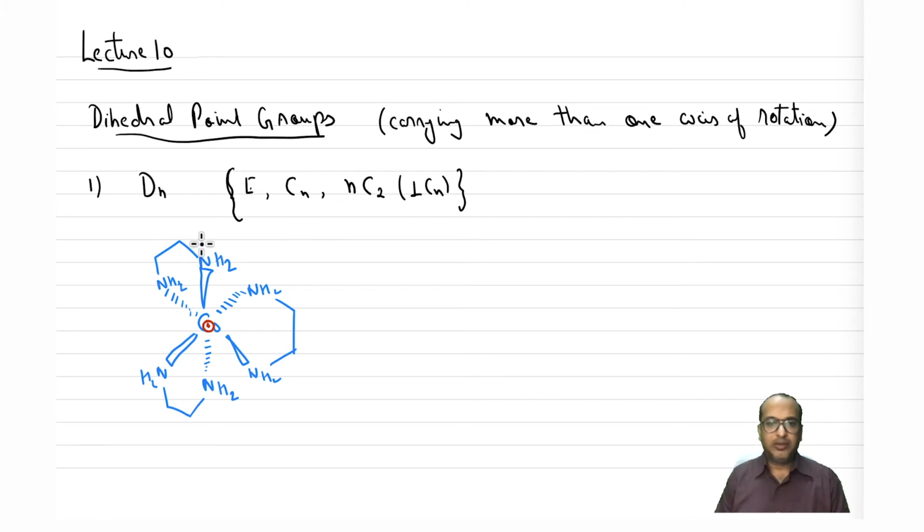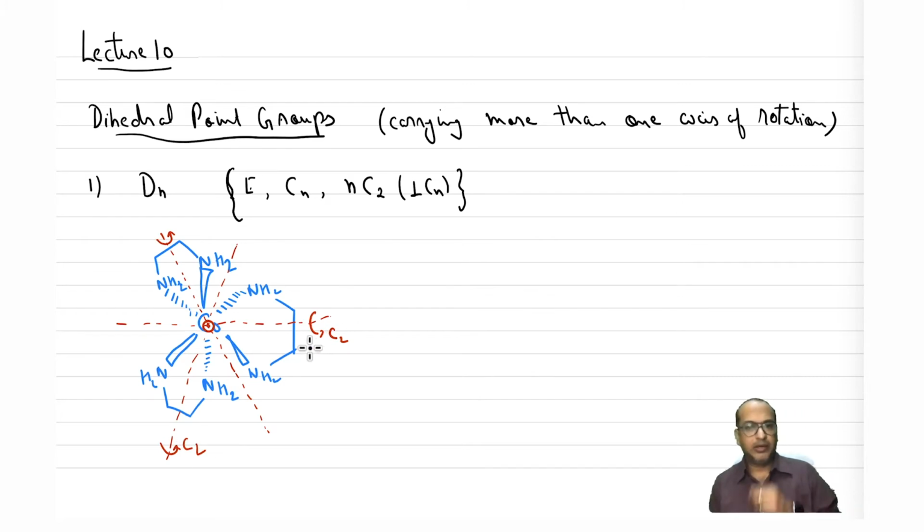So that means there will be a, so can anyone tell? So you can think of, maybe, one C2 which is now in the plane of the board. So if I do this rotation, this NH2 will come to this place and this NH2 will go to this place, right? So similarly, you have another C2 like this, and the third C2 will be like this, right? Right. So that's one example.